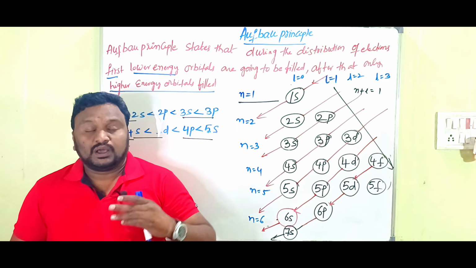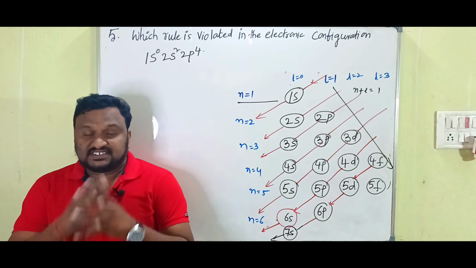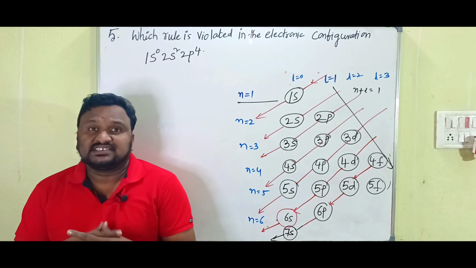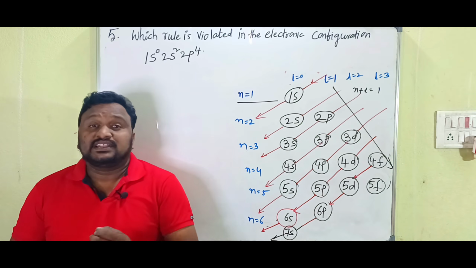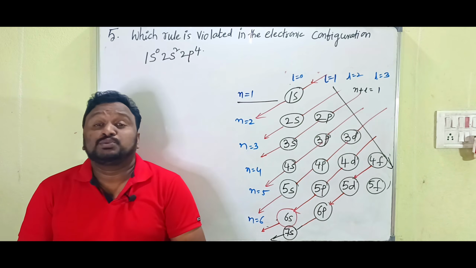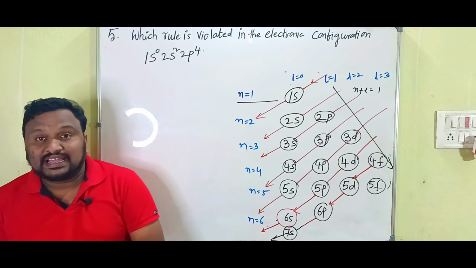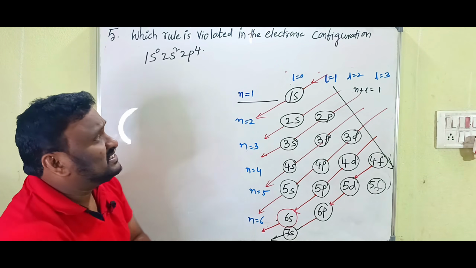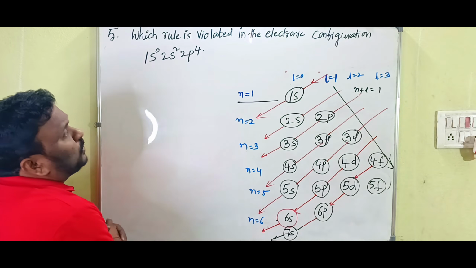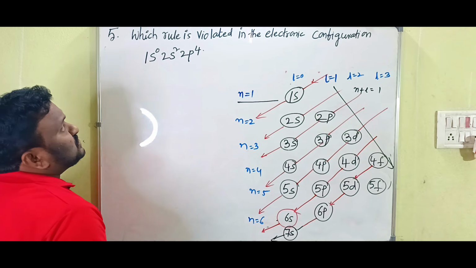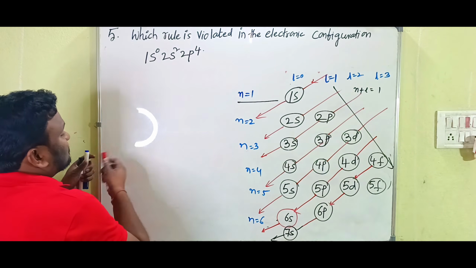Okay children, now let's discuss one example in the same video. The example regarding the Aufbau principle is the fifth question in our textbook, in the application of concepts. The question is like this, and it is very important for public examinations. Which rule is violated in the electronic configuration? Which rule is violated in the electronic configuration? And the configuration is like this, children: